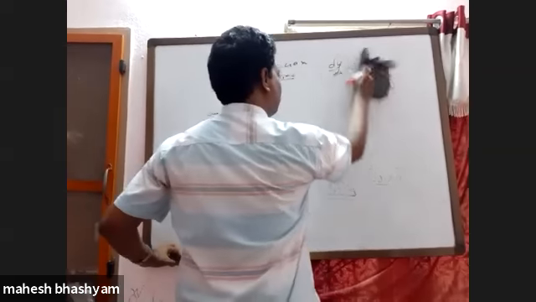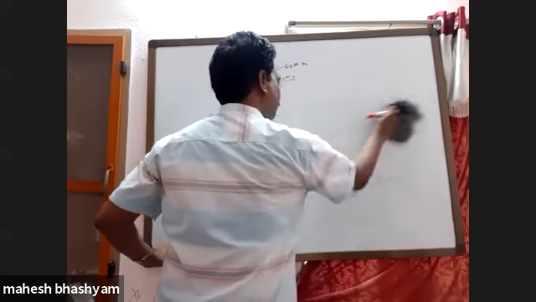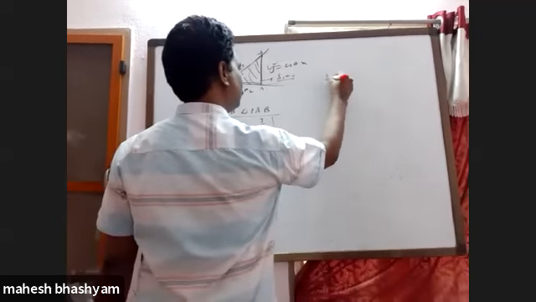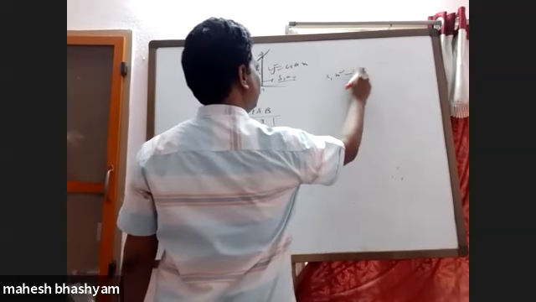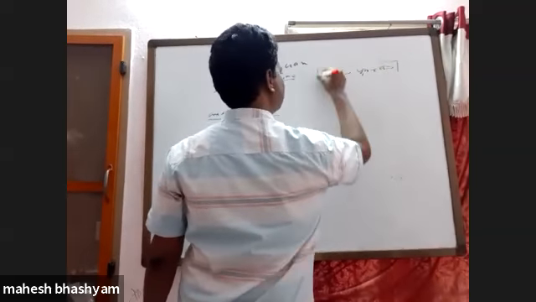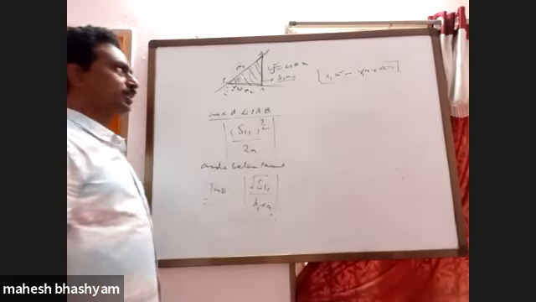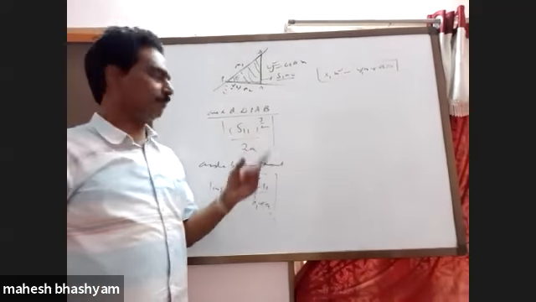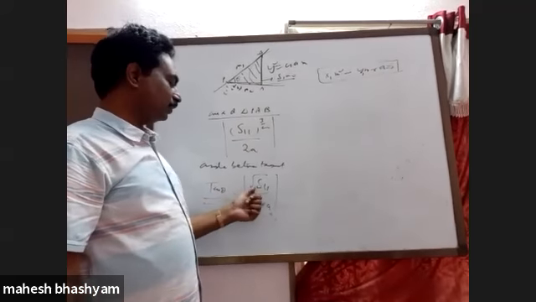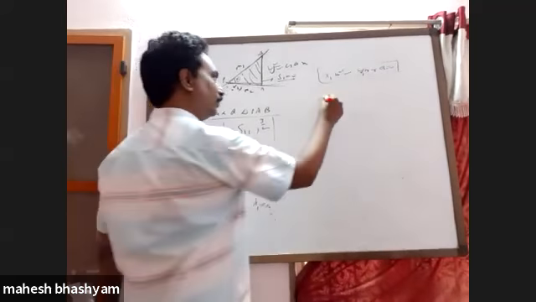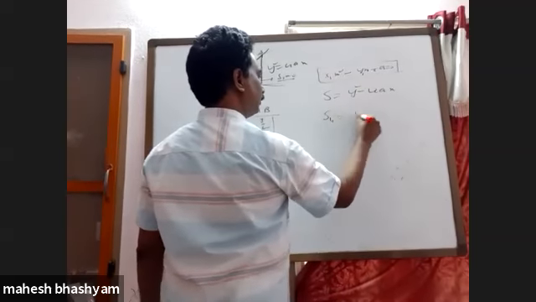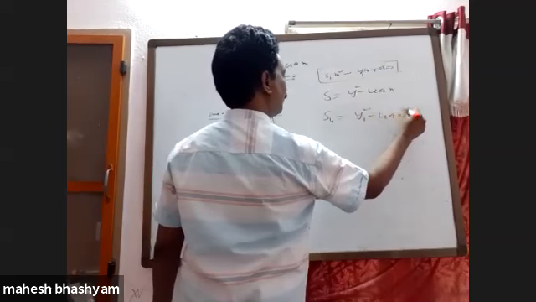And also the equation of tangent passing through x1, y1. The second degree equation to remember is x1 m square minus y1 m plus a is equal to 0. Sum of slopes is y1 by x1, product of slopes is a by x1. For calculating the angle between the pair of tangents, tan theta is equal to root S11. Here S is taken as y square minus 4ax. So S11 is represented by y1 square minus 4ax1.